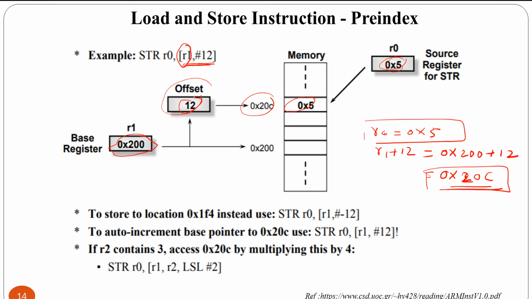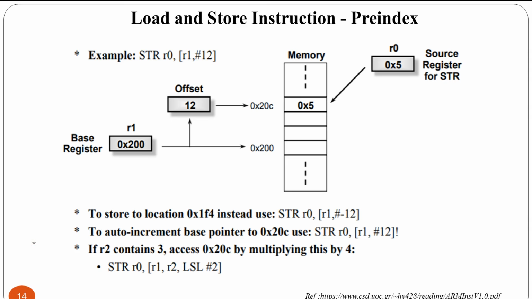So to store to location 0x1f4, instead use STR R0, [R1, #-12]. Now please note this important feature which is available here. Suppose we want to access the 0x20c location, then we add this offset value, that is 12. But if we want to access 0x1f4, which is below this 0x200 address,